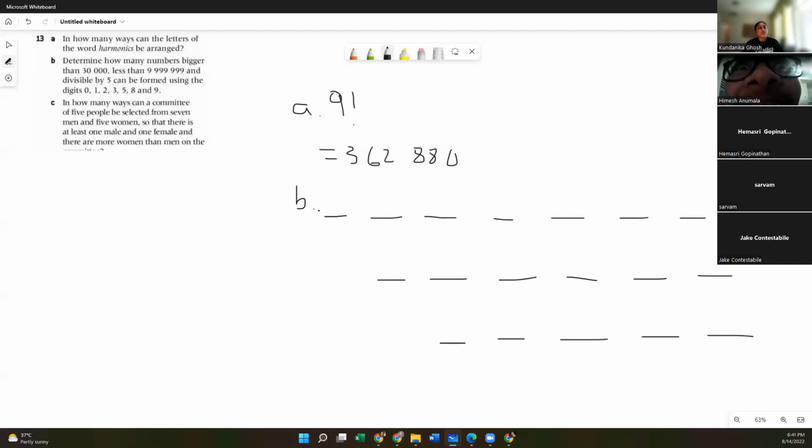So something you always have to remember is that you cannot have 0 as the first number. You can have any number except for 0 as the first number. So over here we have 7 numbers that you can use. Of those, one of those numbers you cannot use in the first seed. So here we only have 6 options, right?